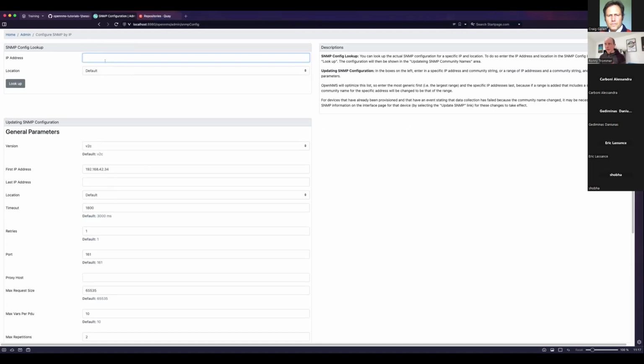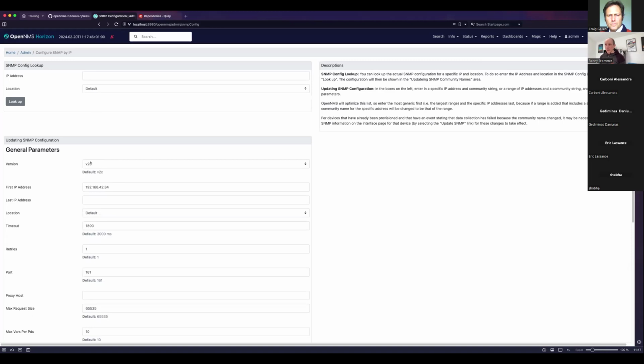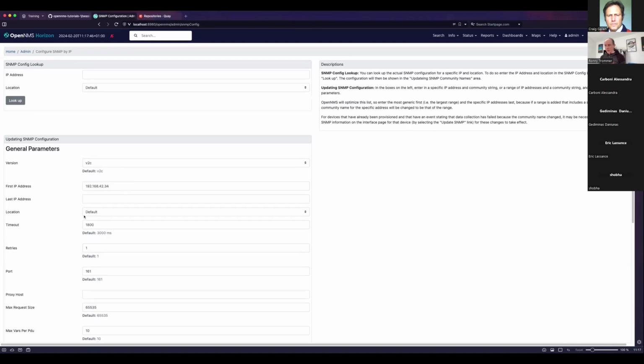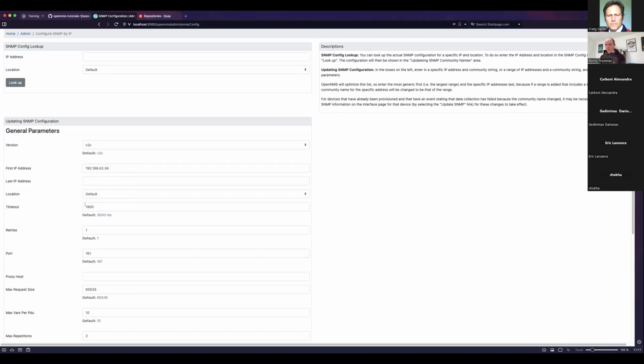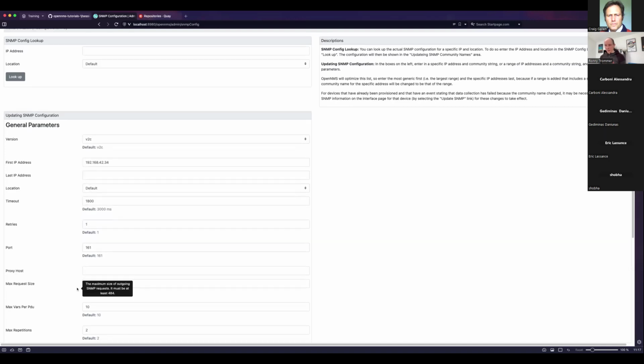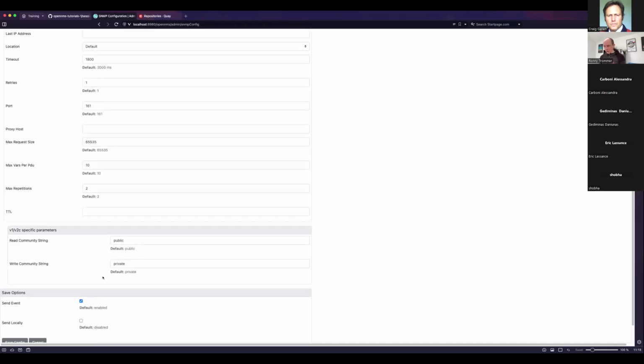So you can say, if I have a device with that IP address in that location, you do a lookup, and it will tell you it will use version 2c. For that specific IP address, in location Default, 1.8 seconds timeout, 1 retry, the port and all these things, and what community is used: public, right?